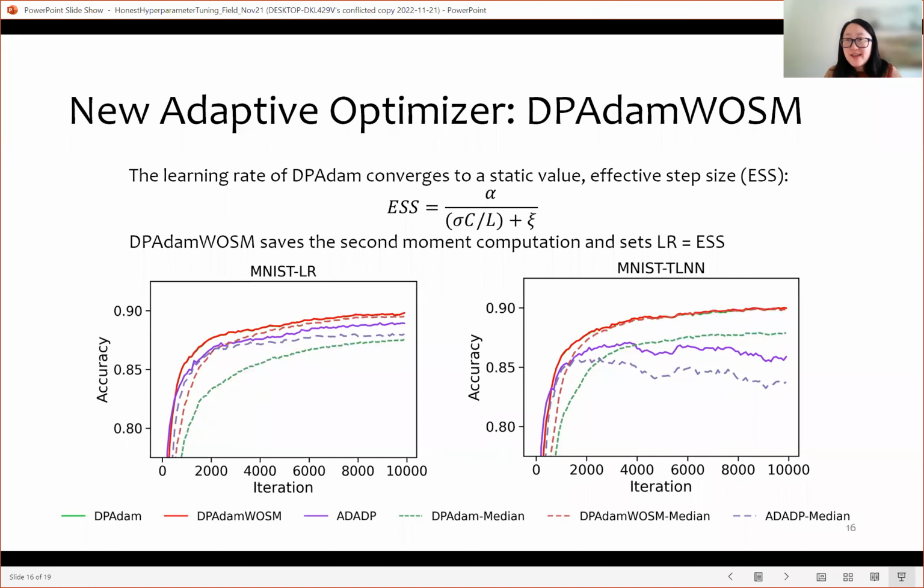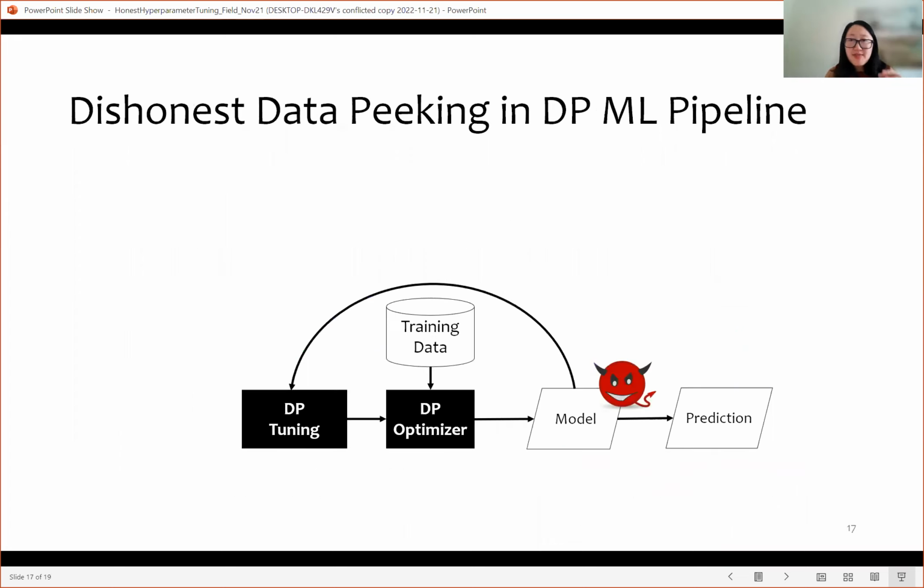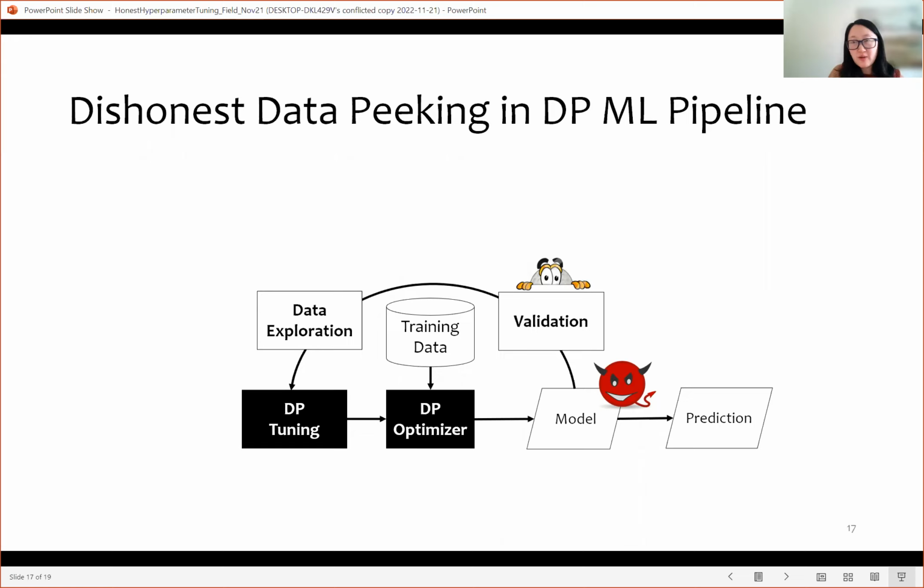So it is very important to look at multiple steps of machine learning pipelines all together. That's just a part of this picture, right? If we dishonestly peek in one of the steps of machine learning pipelines, such as the tuning process, we may result in more potential privacy attacks or suboptimal algorithm solutions. And besides these two steps, there are many other steps in these machine learning pipelines, including model validation or data exploration, in order to decide more information about the training process.